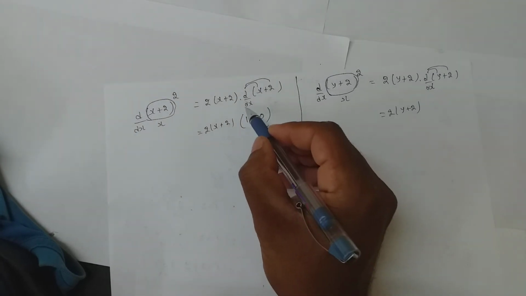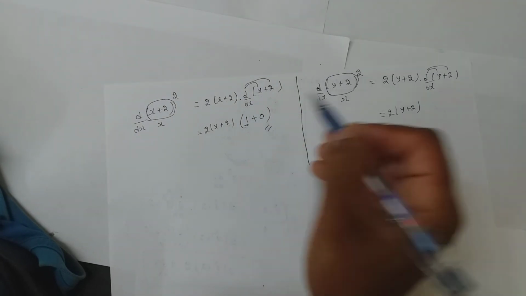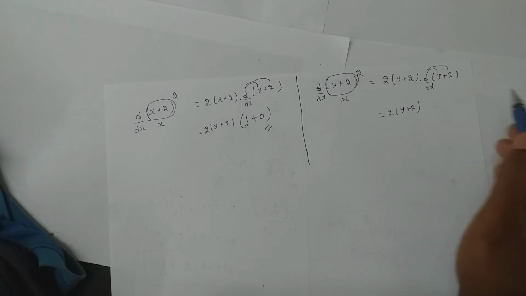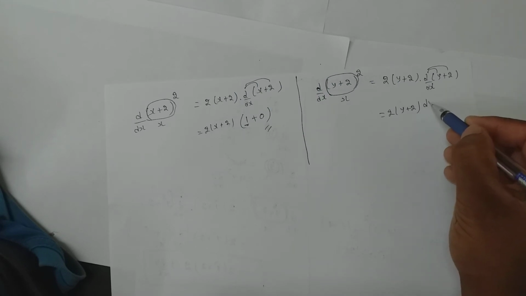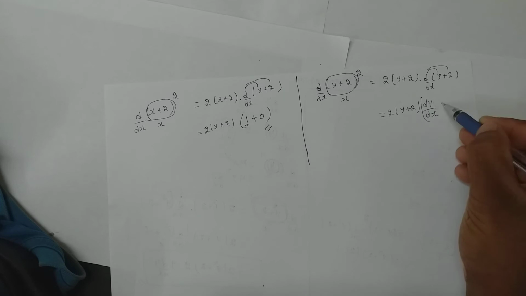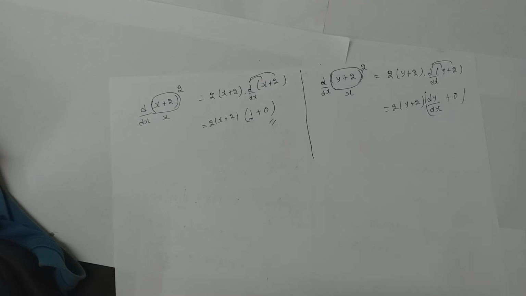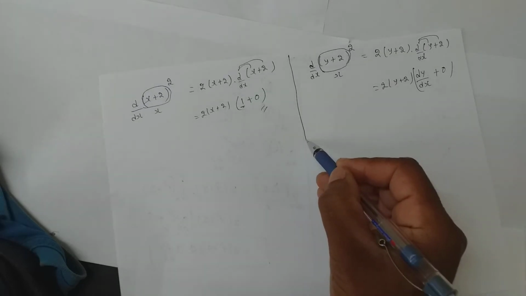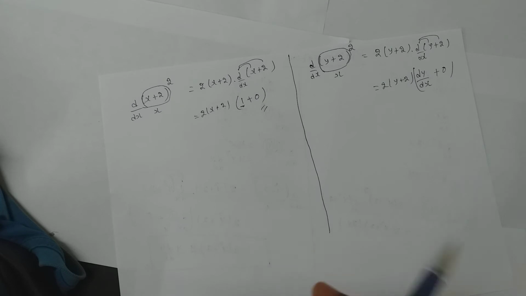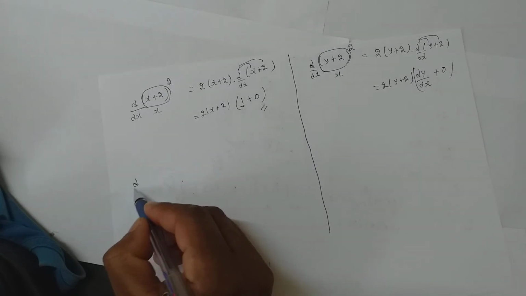As in case of x, when it is applied I got 1, but when it is applied on y I don't get 1. I am left with dy by dx, and for 2 anyhow it's 0. No change in that. Am I clear with the difference? If you have understood this one difference, your A level differentiation will be easier. Now look at one more example.